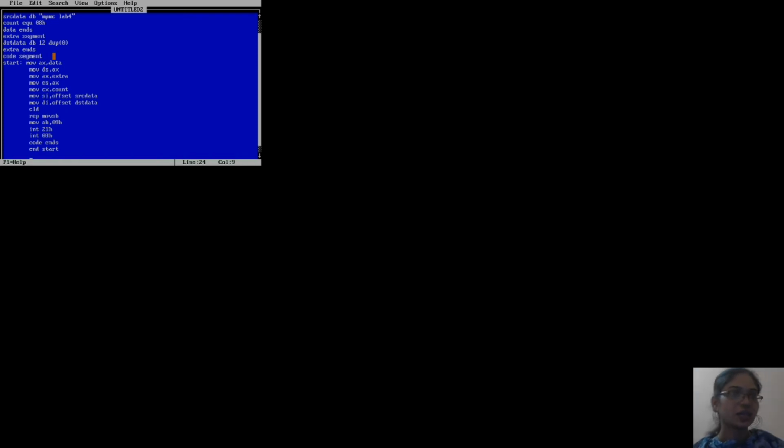So here I am typing my full program. In this program I am using three segments: code segment, data segment and extra segment.